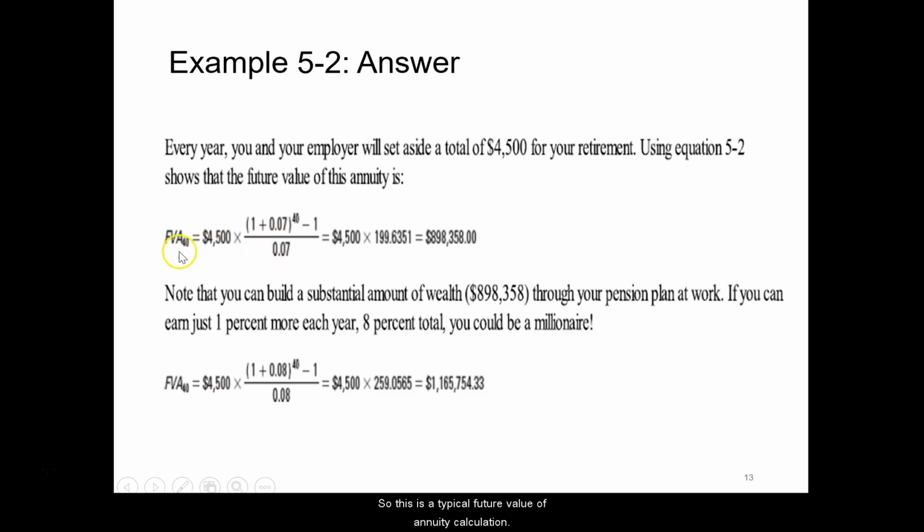And as you see, if we are looking at 7% per year for $4,500 a year and 40 years, we can come up with about $898,000. That's not bad. Now, if you are looking at 8% instead of 7%, for the same amount that you invest every year for 40 years, you will actually have more than $1 million. So the key is persistent investment and waiting for the long-term wealth accumulation.